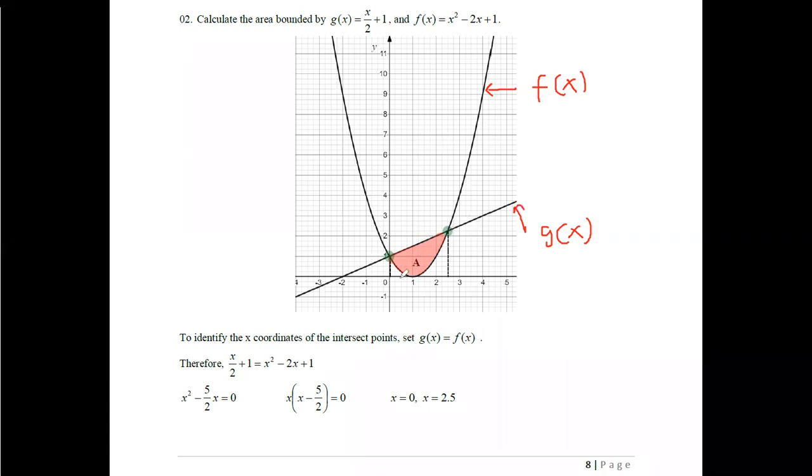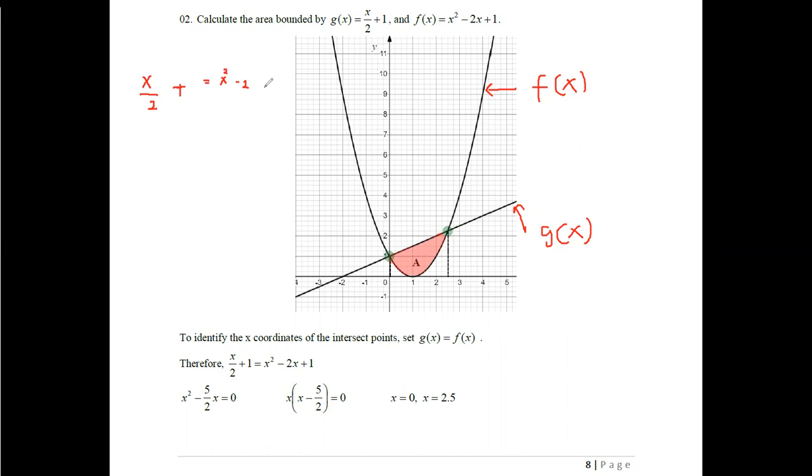To get the x values of these 2 points, if you look at these two graphs, you can say that the y values at these 2 points are the same for both graphs. Therefore, you can equate these two functions together to get the value for x. To calculate the x coordinate of the intersect point, we can set g(x) equals f(x). If you set g(x) equals f(x), then you will get x divided by 2 plus 1, equal to x squared minus